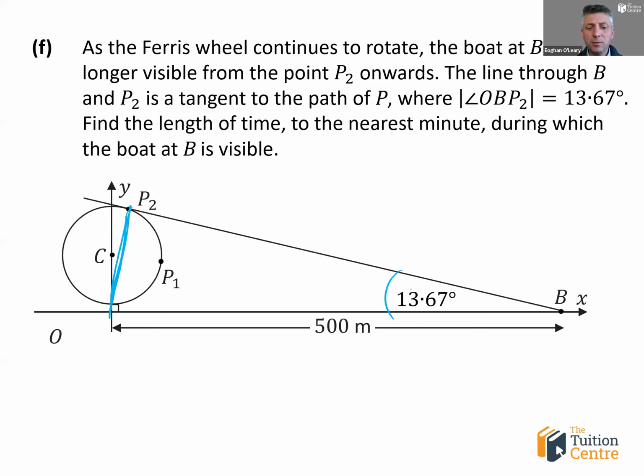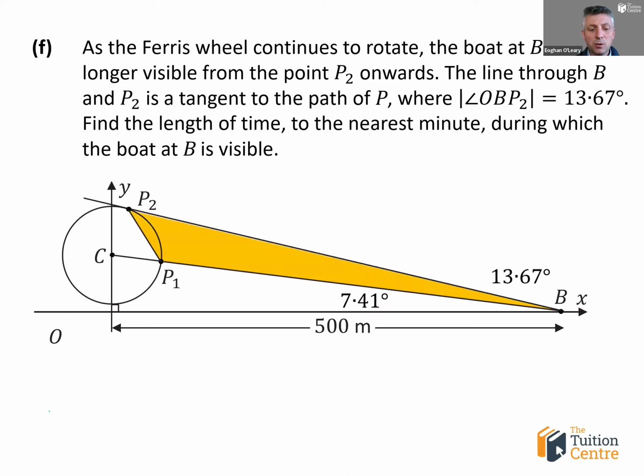So find the length of time to the nearest minute during which the boat at B is visible. Okay, this is certainly a question even for myself where I wouldn't be able to just see what the answer was straight away. I'd have to start and work away at it. So that triangle in yellow is going to be the key one. That's going to be the important bit in a while because when the angle theta was 7.41,